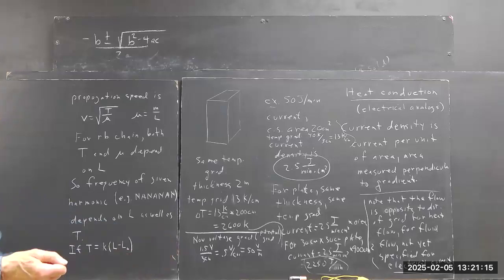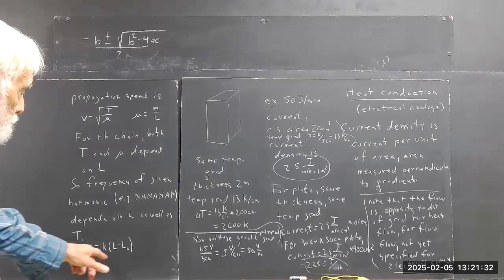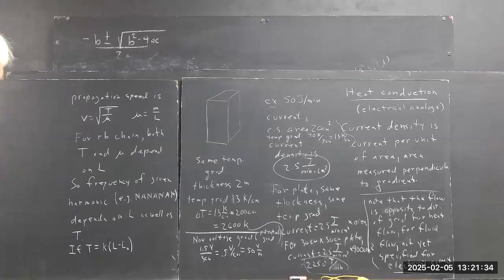And L is the length. As you pulled the thing back further, you felt more tension, and you saw the pulses travel down and back more frequently, and the frequency of your harmonics went up. So if the tension is K times L minus L naught,